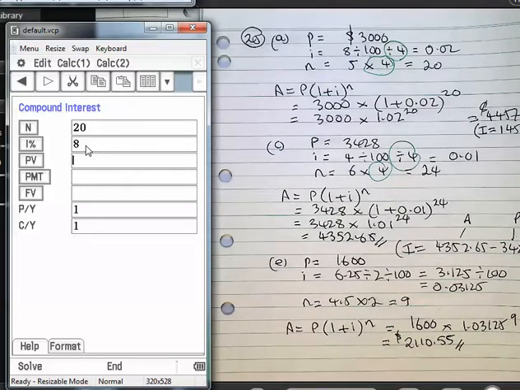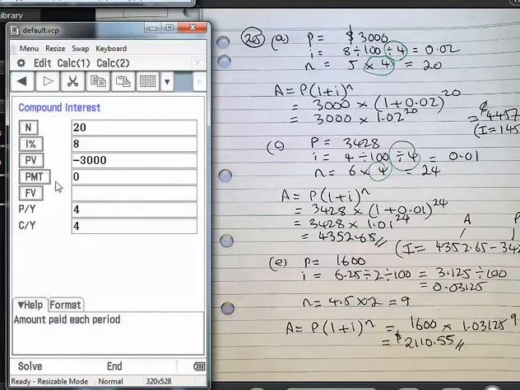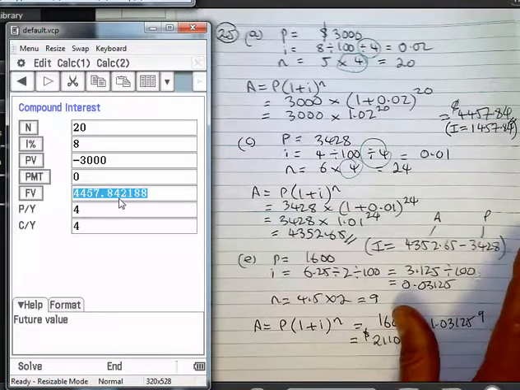The present amount. Now this is just a little fiddly thing. Because that money's coming out of my pocket, or the person's pocket, we take out 3,000. I don't know what the future amount is, but the compounding period per year is quarters. And hitting the future value, what I'm going to get back at the end, and you can see in this particular instance, or payment, sorry, 0, I'm not paying anything. And you can see the figure highlighted, the 4,500 and